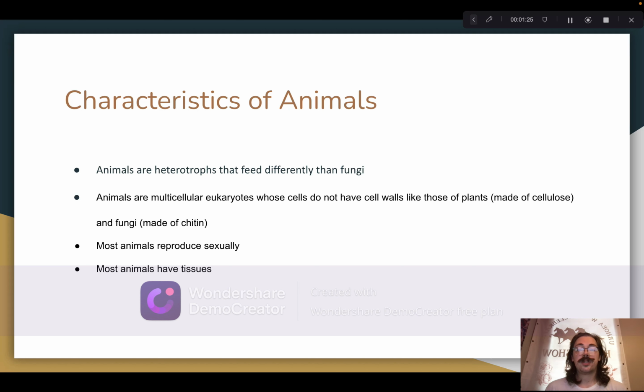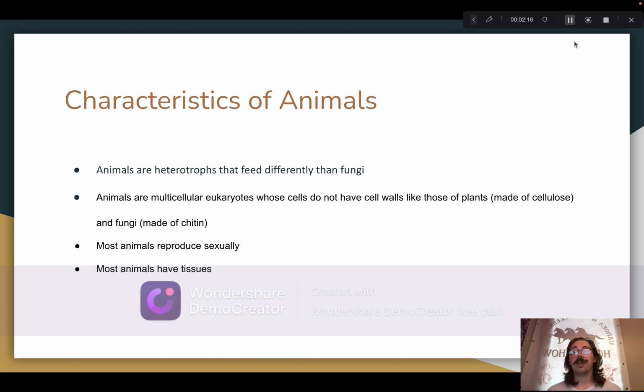Most animals reproduce sexually, so a sperm cell from a male parent fertilizes an egg cell from a female parent, and this process forms a zygote. The zygote will then develop into a blastula through a series of cell divisions known as cleavage. The blastula will then develop into a gastrula through a process known as gastrulation. And in gastrulation, the embryo becomes layered, forms germ layers, and the first embryonic tissues are formed.